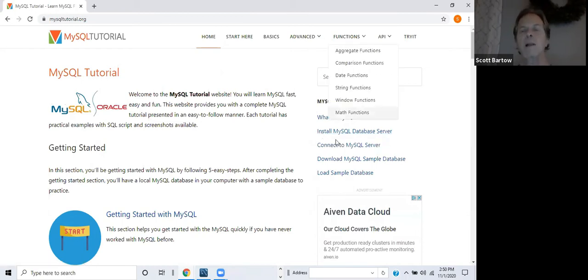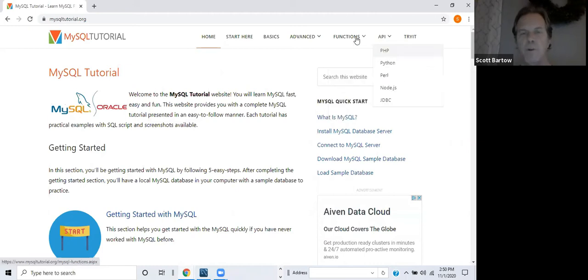But if you're not able to install the MySQL database server and the sample database, look over in the toolbar on MySQLtutorial.org, at the very far right, there's Try It. So if you click on Try It,